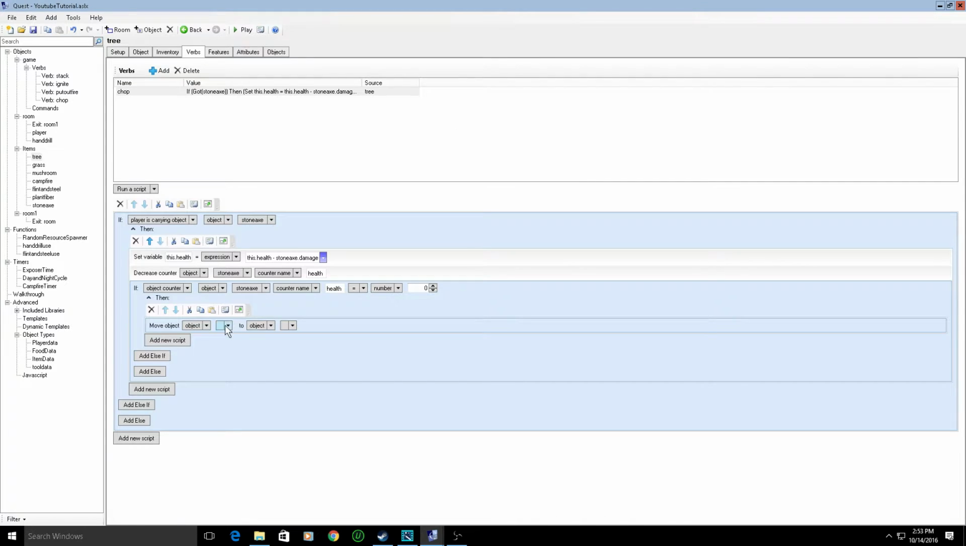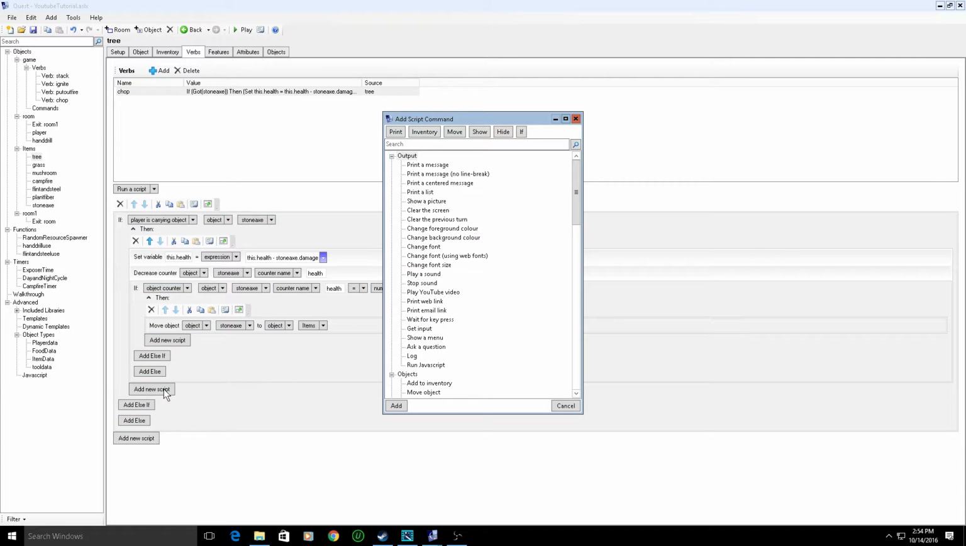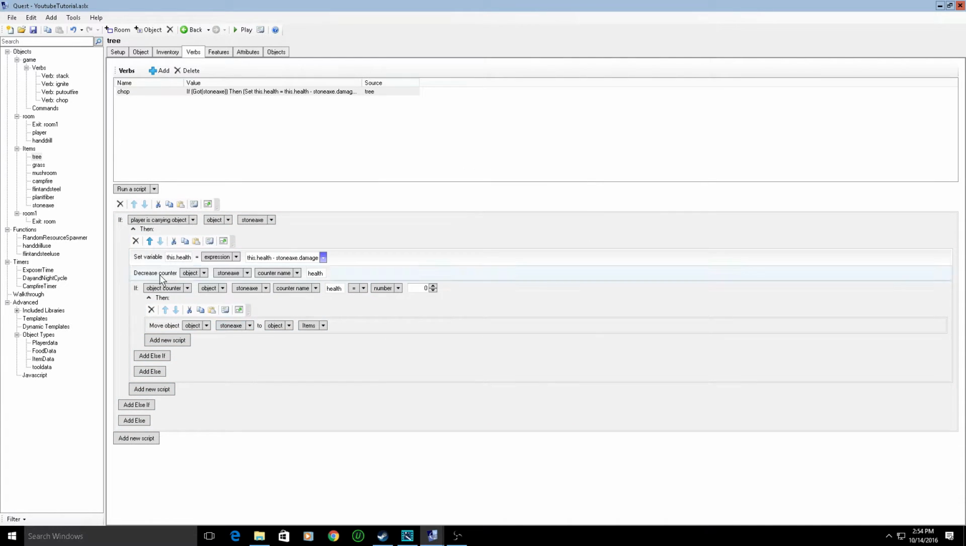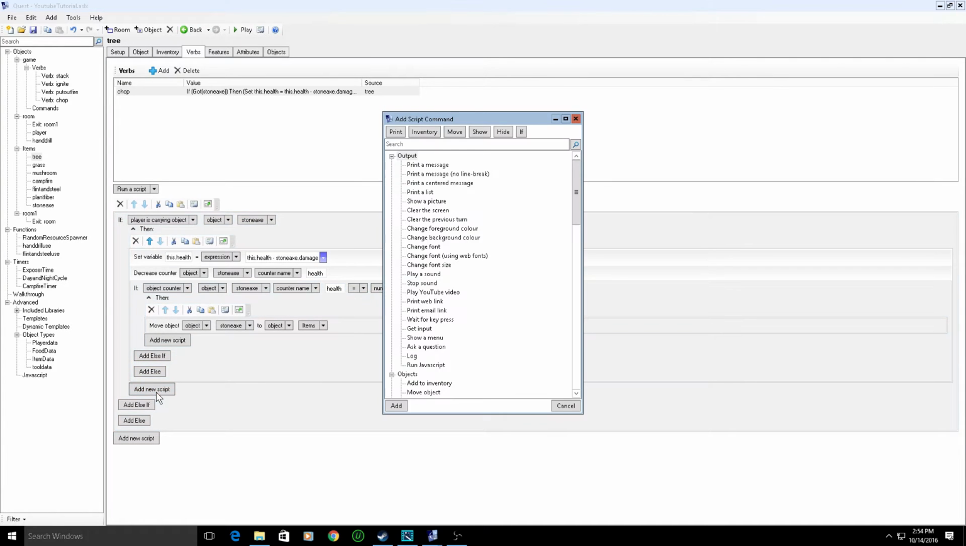So click your move stone axe to items. There we go. We'll send it to our room items, and that way it just kind of hides it. And then we're also going to ask another question. So go under this if, and we're going to use this add a new script here, and we're going to ask another if,